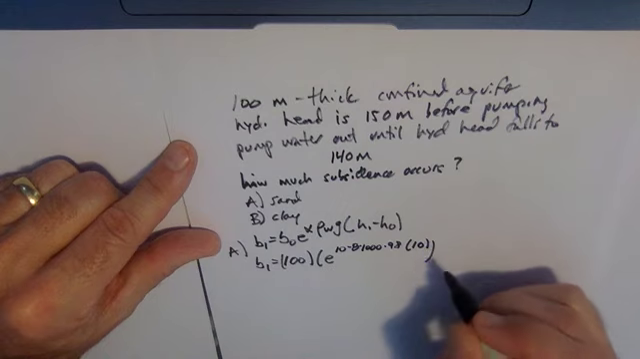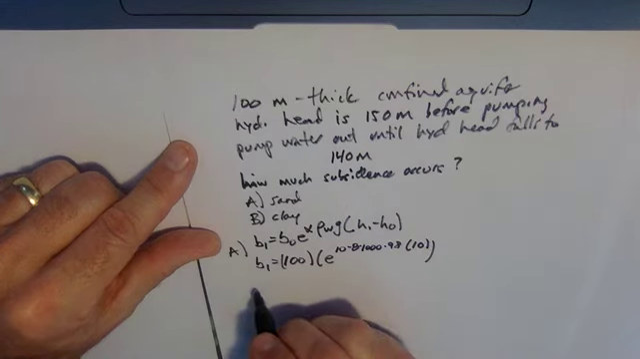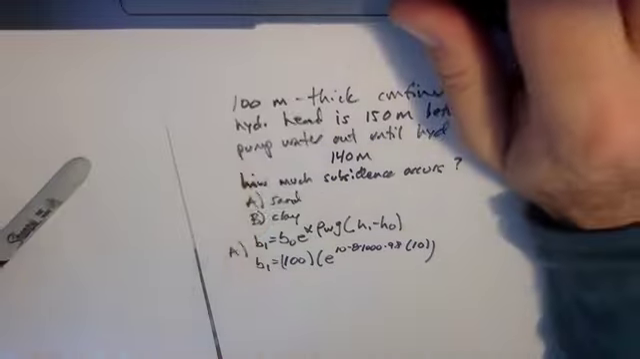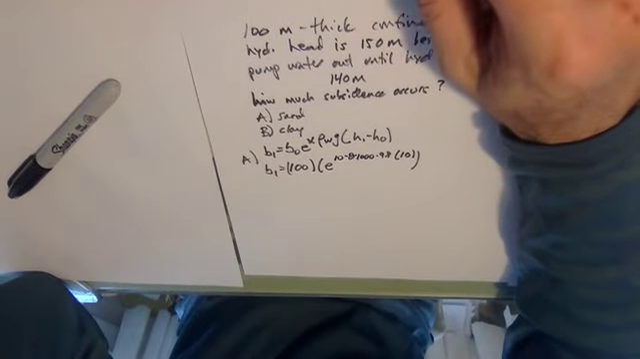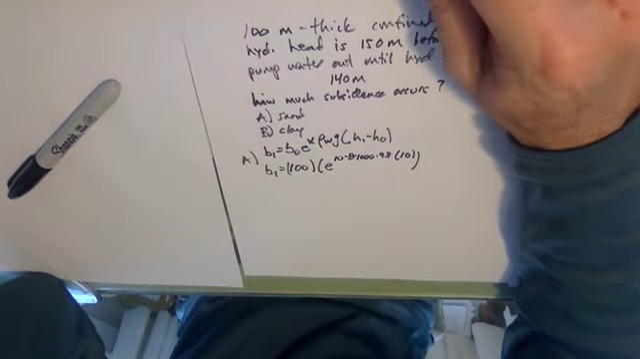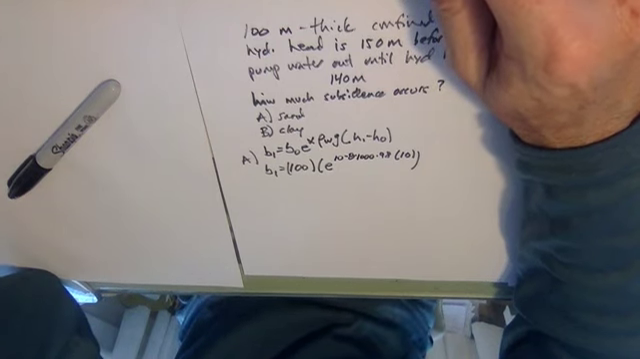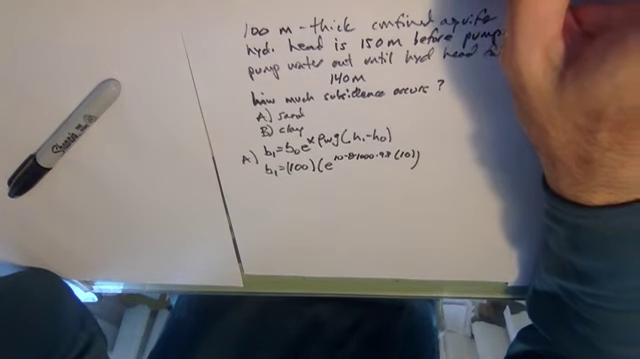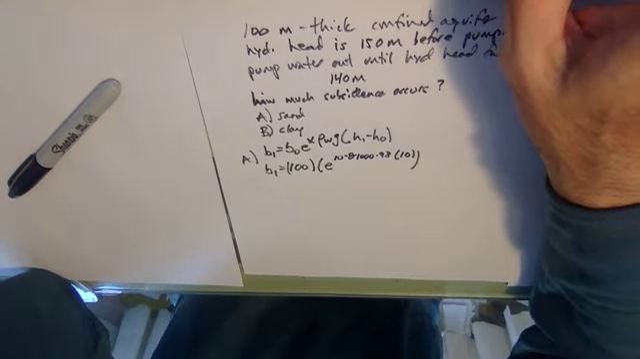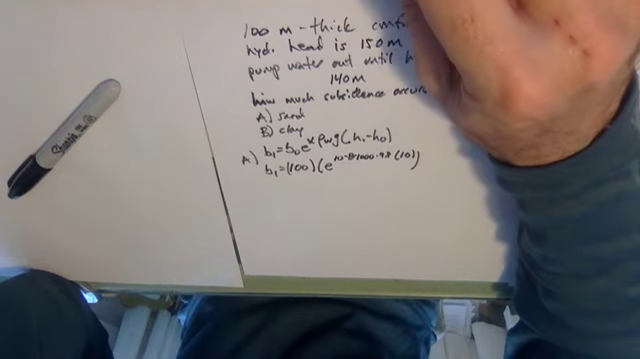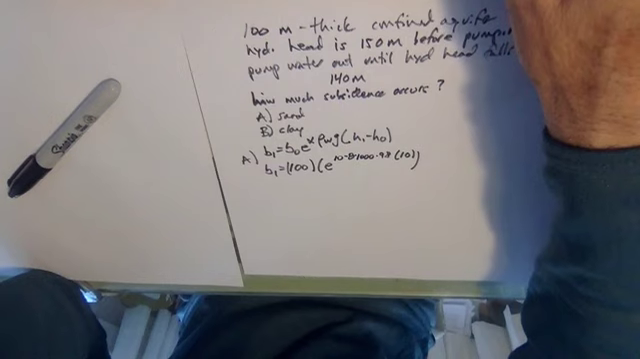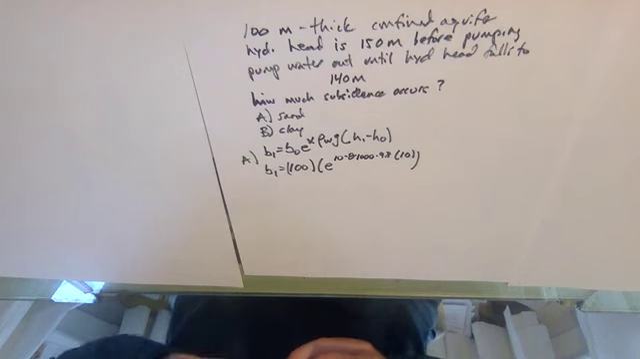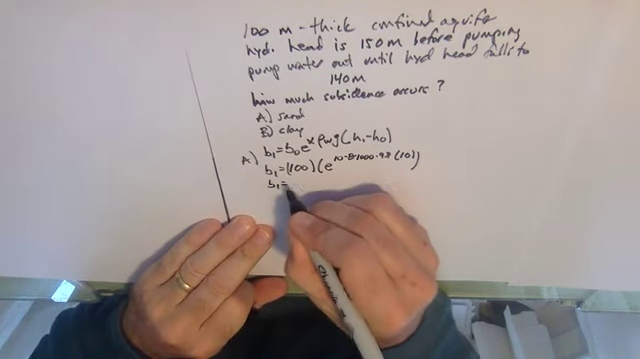And when you crunch the numbers, let me double check that. I think I might have done it with different numbers. Let's check here. Okay, so we're using 10 to the minus 8 for sand, and so B1 is